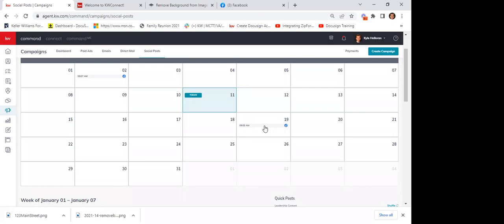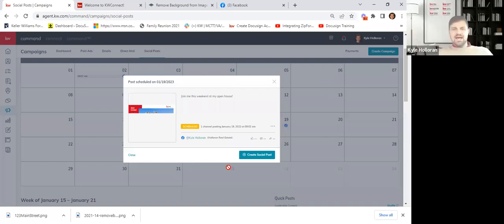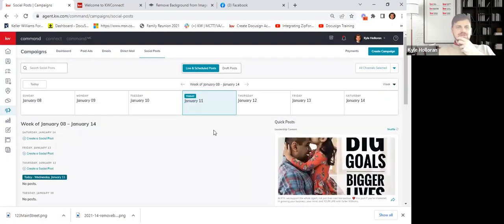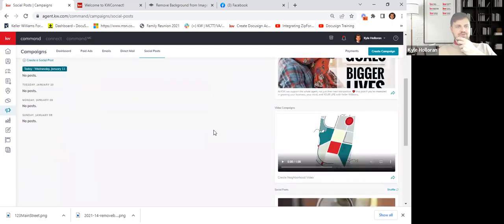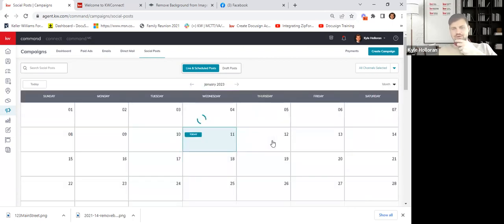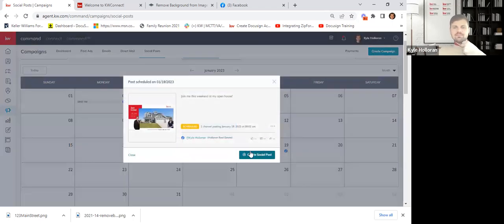Can you shift it on your schedule or cancel one? I just did this as a test and now I don't know how you get back to that page where you're at right now with that calendar. Yep. Awesome. So let me just click back here for a second. I'm still on social posts. If I click on social posts, the default here is week view. This is what it should look like for you guys. If I switch it to the month view, you should see whatever you schedule. Okay, Trisha, yes, you can click on it, it opens it up. I can edit it, I can delete it, I can do whatever I want. Sweet.